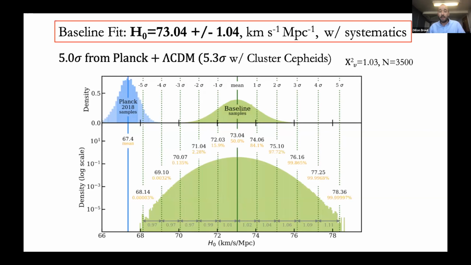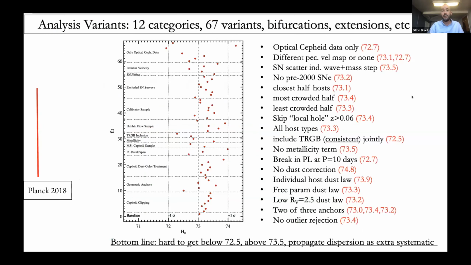You can get that significance up even further. I'll briefly mention a paper that improves on the parallax measurements. And there is a paper by Yuki Murakami that has improved on the supernova intrinsic scatter. But ultimately, this is where we stand. Now, the name of the game really has been, can we pin down our systematic uncertainties? And we've done our best effort to take the suggestions brought to us by you, the scientific community, and we've analyzed more than 67 different variants in specifically the